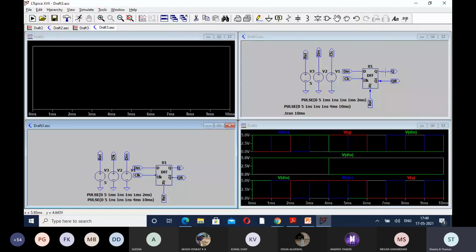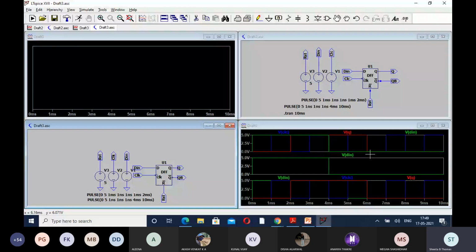I told you, you just take the plot of Q, D input and clock. Q bar is not required. So this one also you can run accordingly. That portion is already known to you. When you run it, you will get the plot like this. And this is all about the D flip-flop sequential circuit with reset option. You can try for another version also. I'm not sure whether any other flip-flop is there or not.